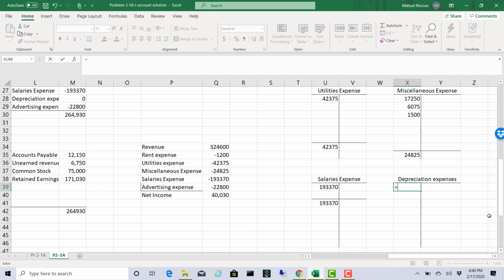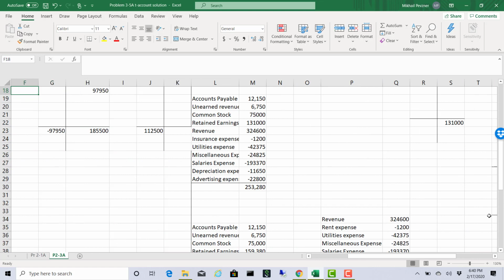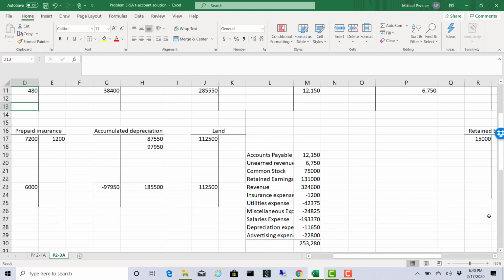I'm just going to add them up. 7,500 plus 4,150, 11,650. That's a debit. And then I need to make sure I add it to accumulated depreciation. So it's a credit to accumulated depreciation, 7,500 plus 4,150, 11,650. Okay, and suddenly